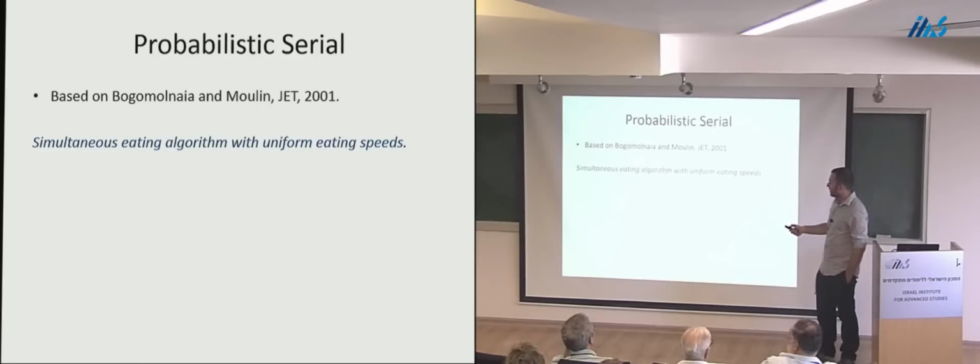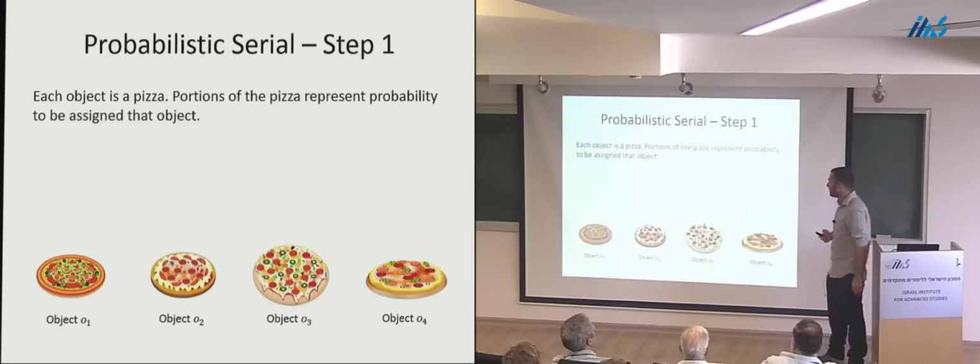Thanks. Which is basically a simultaneous eating algorithm with uniform eating speeds. That sounds very easy. Even though you all understand, let me explain. Each object is a pizza, and we have portions of the pizza representing probability to be assigned to that